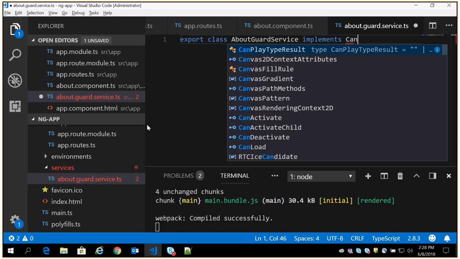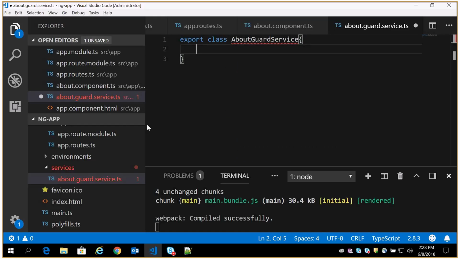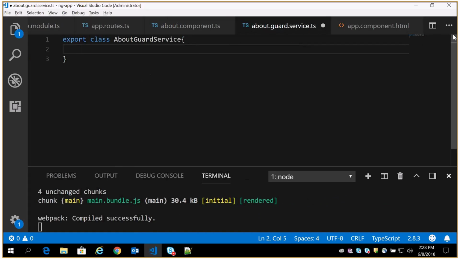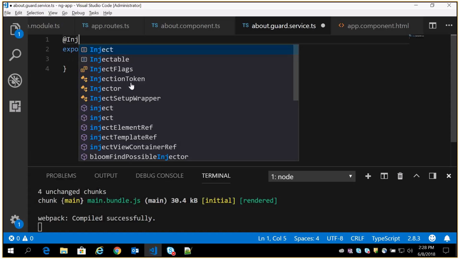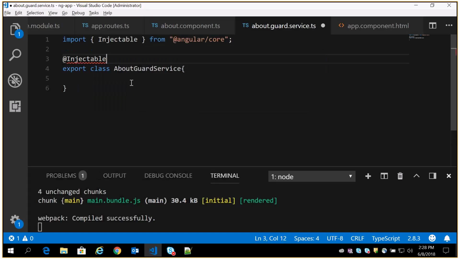I'll explain that later. So this is a class which is going to act like a guard service. Since it's a service class, it's supposed to be Injectable from the Angular core. And it should implement CanActivate.